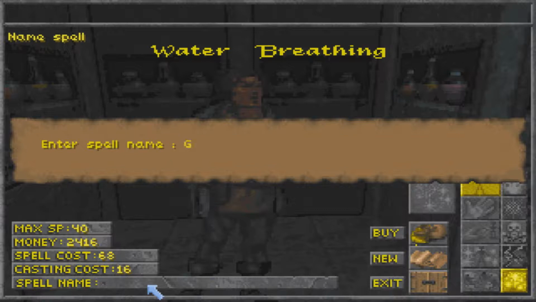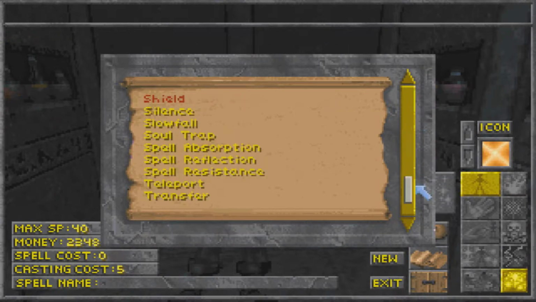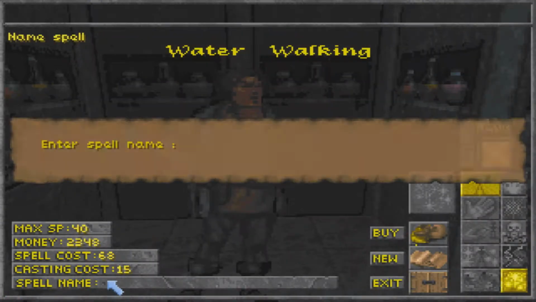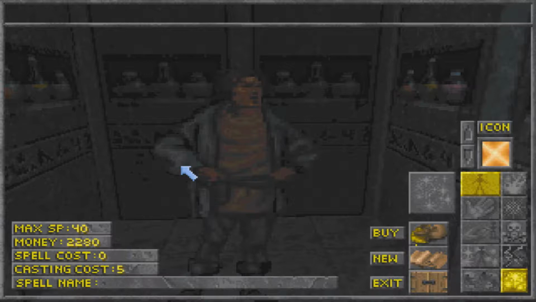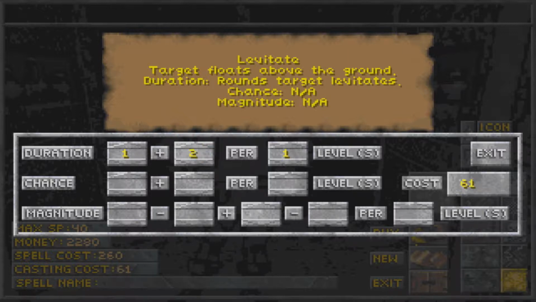So, there we go. We've created our water walking. And this, cool. Water breathing. Now, let's create our fins. Cool. Alright, there we are. Fins. We did have one more that we created down the line. Levitate. We are creating wings. Now this is a painful spell, and we're only going to use it very briefly to get up to hard-to-reach places if necessary, so...